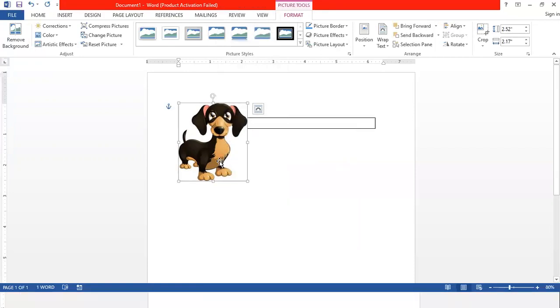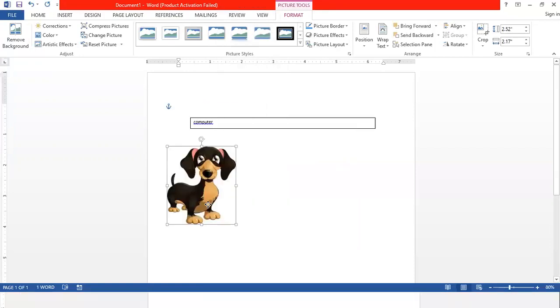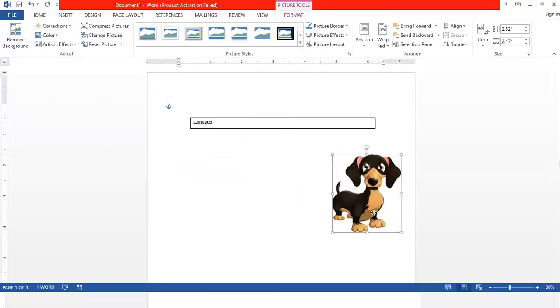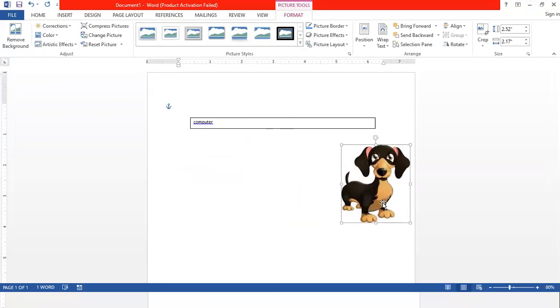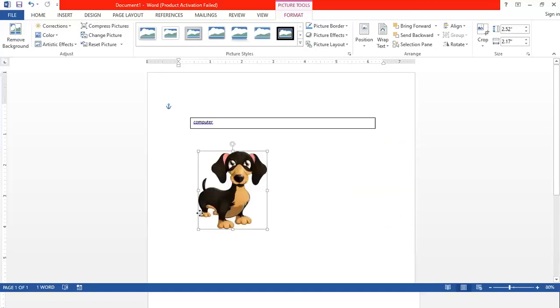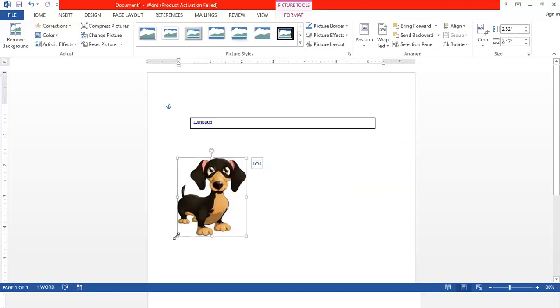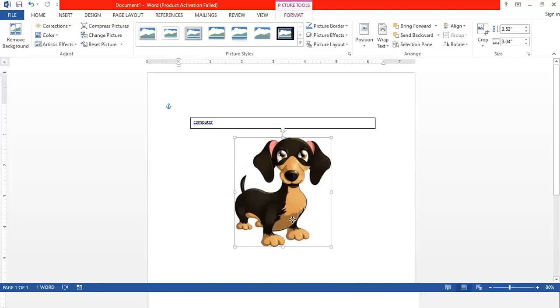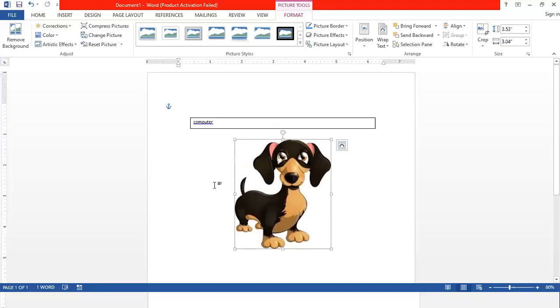So once that is done, now you can click and drag the picture to anywhere on your MS Word page, and at that location you can keep the picture. Again, picture is one of the objects of MS Word, because you can see we can move this picture anywhere on the page, and we can also resize this picture according to our requirement. So this is also an object. So this was a picture which was saved on my computer.